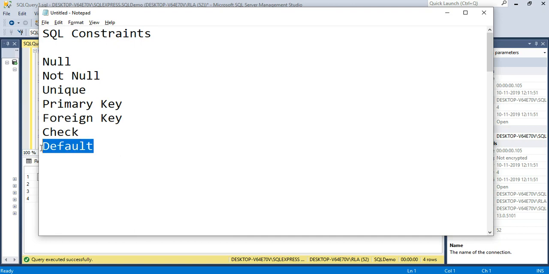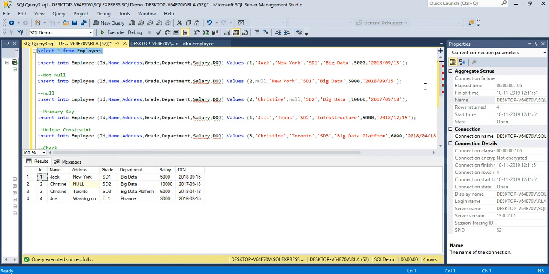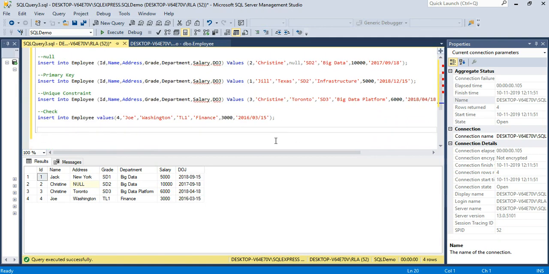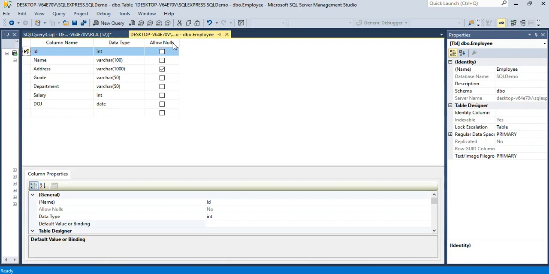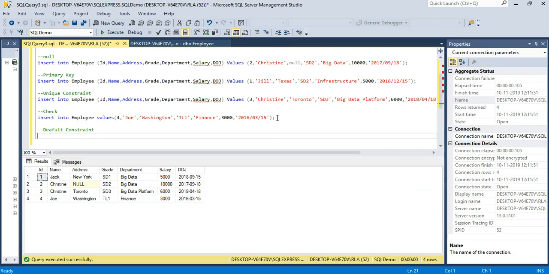Now let us look at the default constraint. What does default constraint say? Default constraint says if I don't provide any value, which column did we add default constraint to? Date of joining. So what this does is if I don't provide any value to this date of joining, then it will take today's date. So here I will copy this and paste it here, and I won't provide any value here. So I will completely remove this,